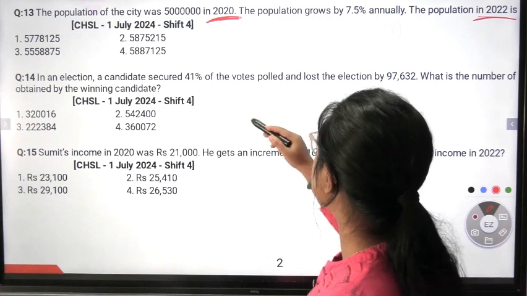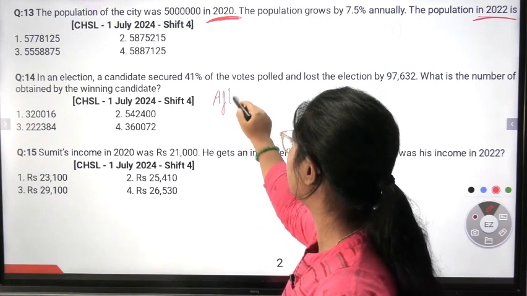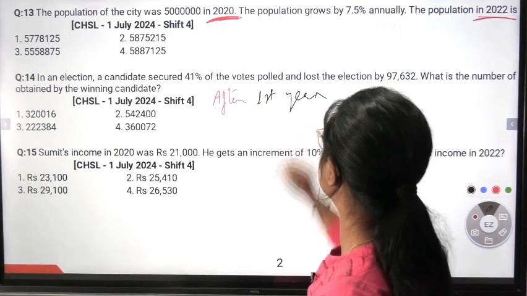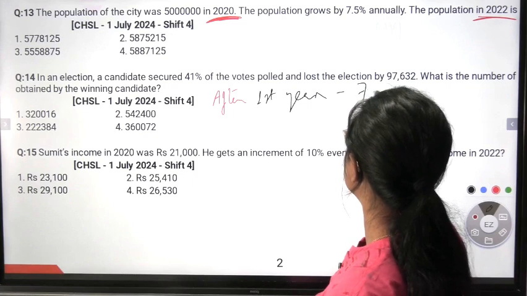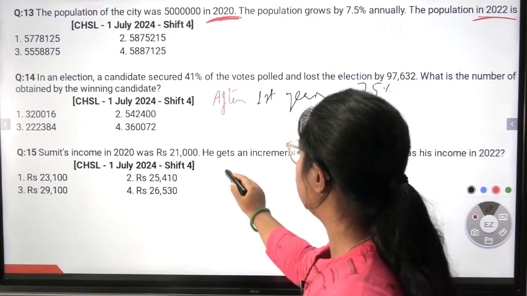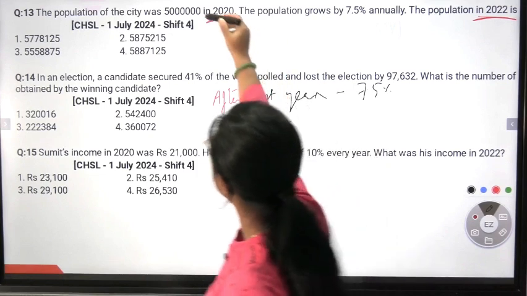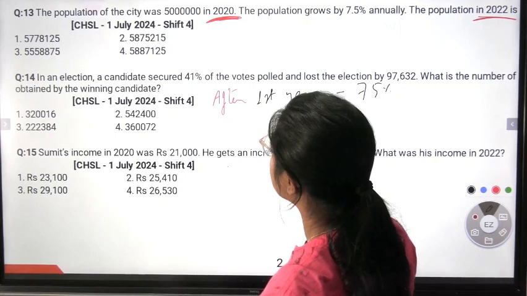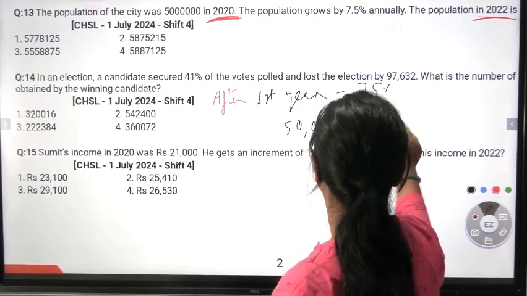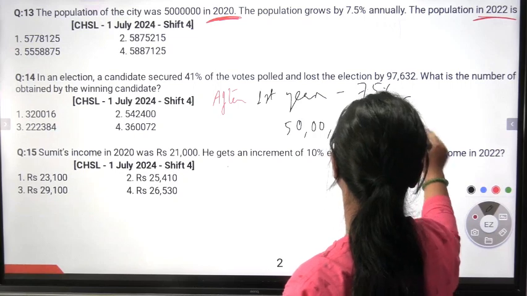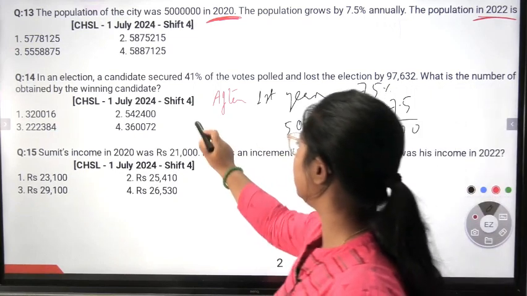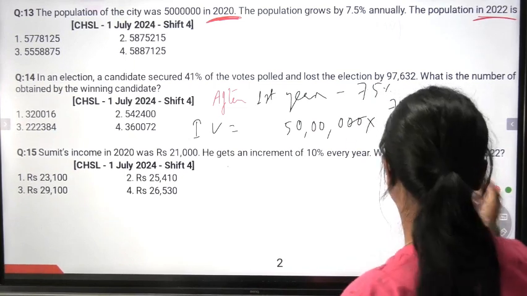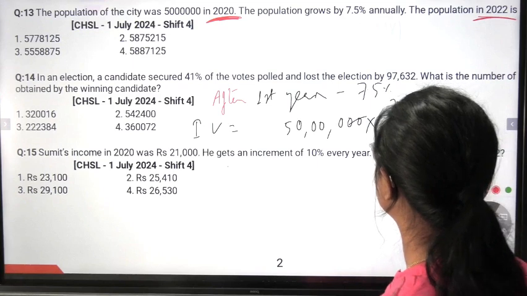So after the first year, the increase is how much? 7.5%. So in 50 lakhs, 7.5% has increased. So how much is the increased value after 1 year? The increased value after 1 year is this. So if I do the calculation, I would get